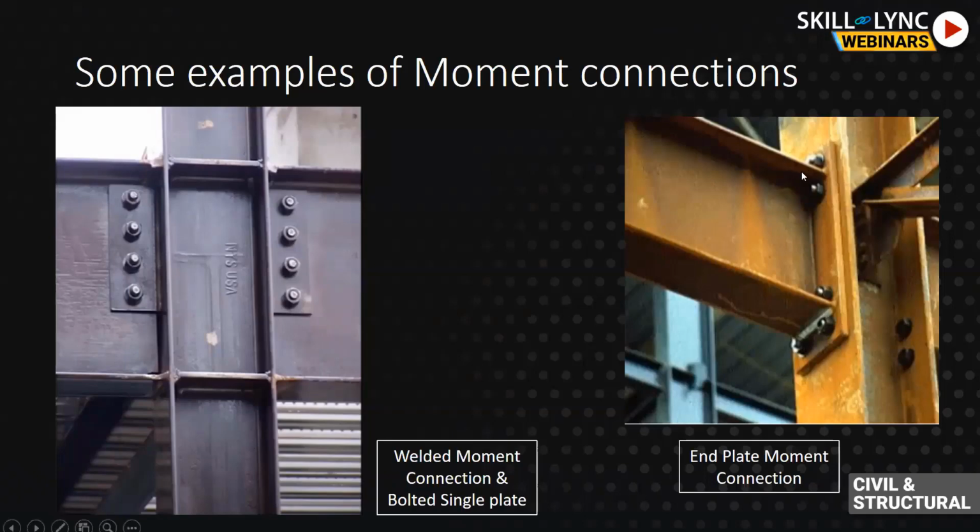In line with the salient feature of the moment connection, we can see here that the flanges of the I-beam have been connected to the end plate, and the end plate is then in turn bolted to the column. Please observe the location of the bolts. They are kept outside the flanges of the beam. The increase in distance between the bolts gives the connection a higher capacity to resist the moment, as the lever arm to resist the moment increases with the distance between the bolts. This connection is called an end plate moment connection.